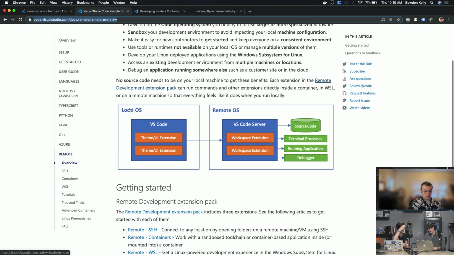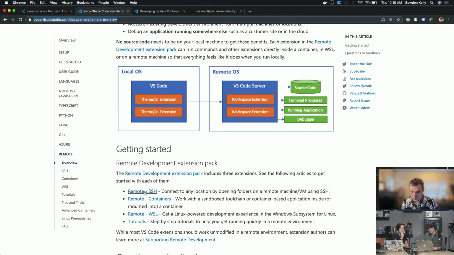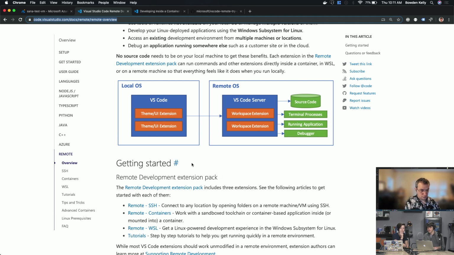And so basically with VS Code, the remote extensions, and it's an extension pack, there's the SSH, containers and WSL extensions. But effectively what they're doing is you have your local operating system on your local machine running VS Code, but it's kind of a thin client. You only get the UI extensions, you only get the front end of VS Code, and then you can connect it to a remote VS Code server, which can be installed in any of these environments I've listed: SSH on a VM, a container, whether local or remote, or WSL in the WSL Linux